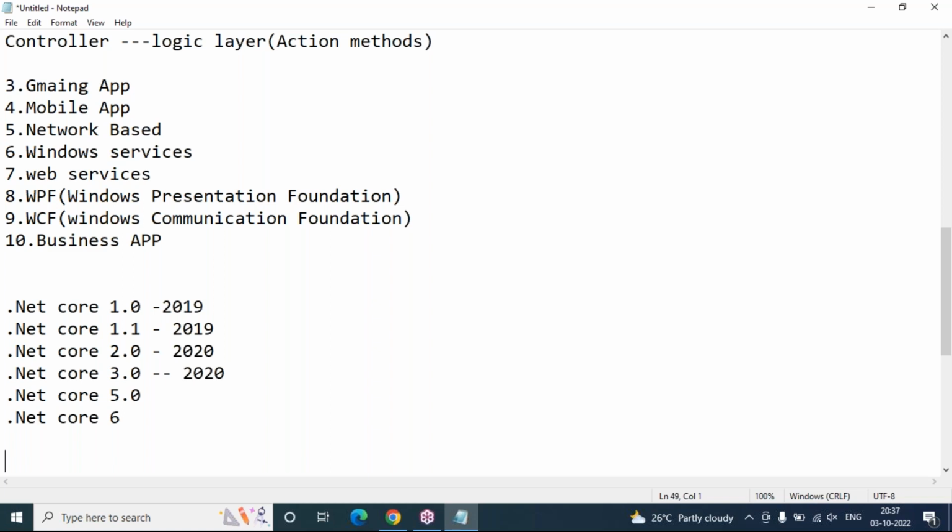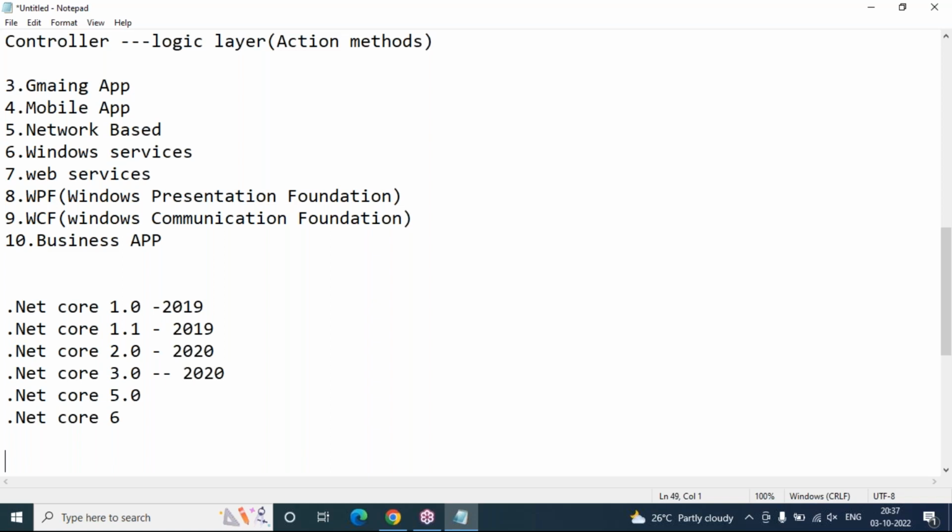But in our upcoming sessions, I'm going to use 3.1 Core actually. But 6.0 is there, the latest update. And even 7.0 is there, but it's not yet completely available. So mostly 6.0 or 3.1 you can use.